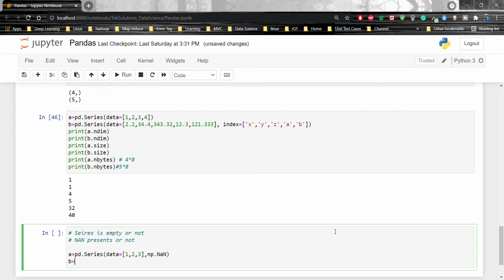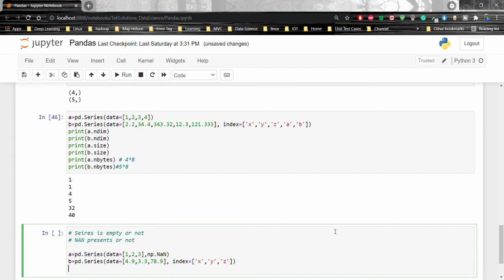Now I'm going to create a series for b, pd.Series with data equal to 4.9, 3.3, 78.9, and I'm going to pass index equal to x, y and z. And c is pd.Series, and I'm not going to pass anything.